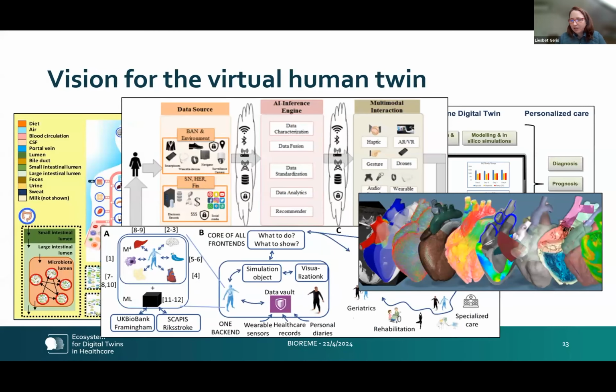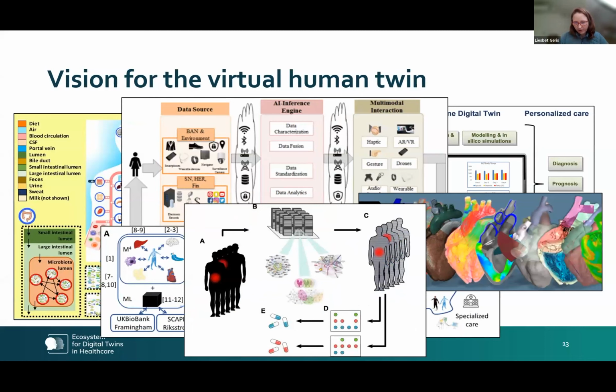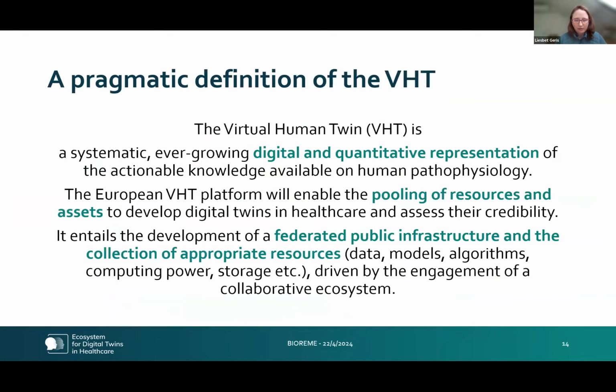Of course, this is not starting from nowhere. There are, internationally and within Europe, a lot of good examples where people are integrating models across scales, models across organ systems in order to answer questions. A lot of the work that we currently see that has made its way into the clinics or into industry is focusing on single scales or on single organ systems. But in terms of research, we have already taken a few steps further, obviously. The thing there is, though, a lot of times when people are making these multi-scale models, there is a lot of reinventing the wheel, or people are not entirely sure how to reuse things that other people have developed.